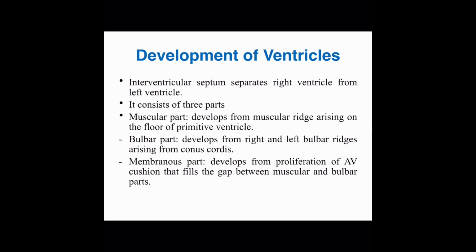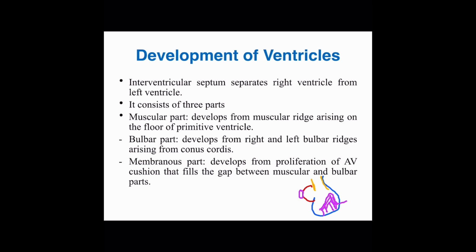The presence of the intermediate septum plays an important role in the formation of the membranous part. Okay, so now this is the cavity of the ventricle, this is the absorbed part of the bulbous cordis. This is the atrium, this is the sinus venosus on the posterior part of the atrium, and now in the bulbar cordis, this is the ventricle. From its basal aspect the muscular septum will arise.